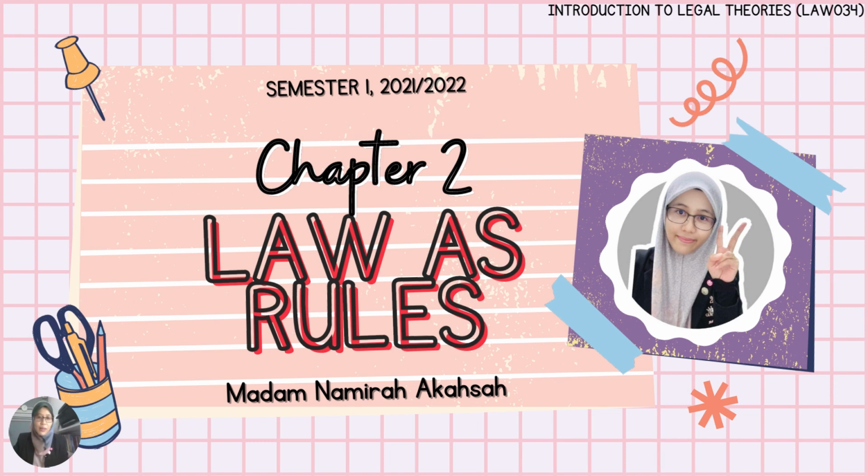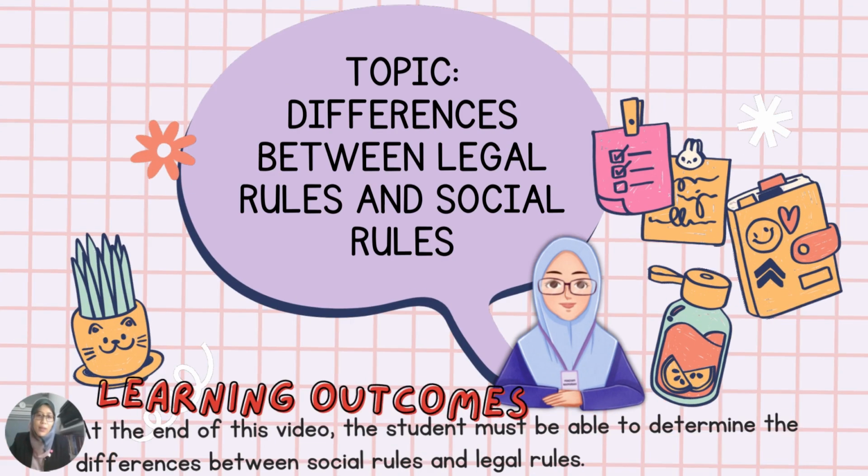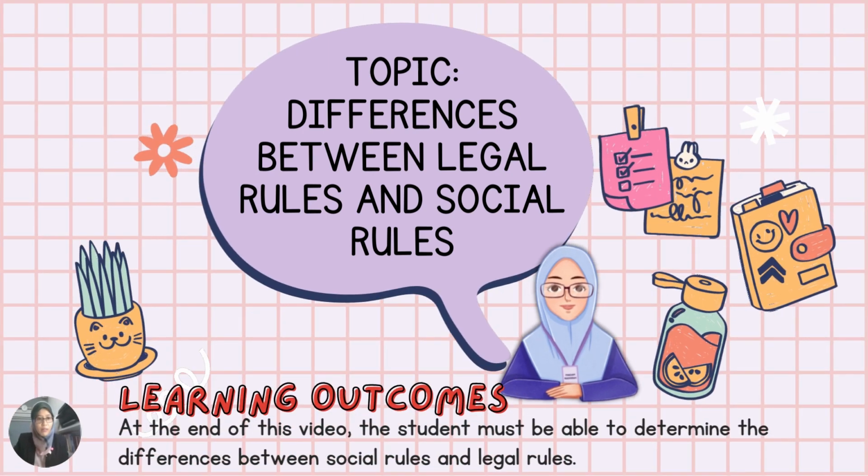So today I would like to discuss part of chapter 2, which is law as a rule, but I only discuss the last part of this chapter, which is the differences between the legal rules and social rules. Before I move to our main discussion, I would like to highlight the learning outcomes for this video. The student must be able to determine the differences between the social rules and the legal rules at the end